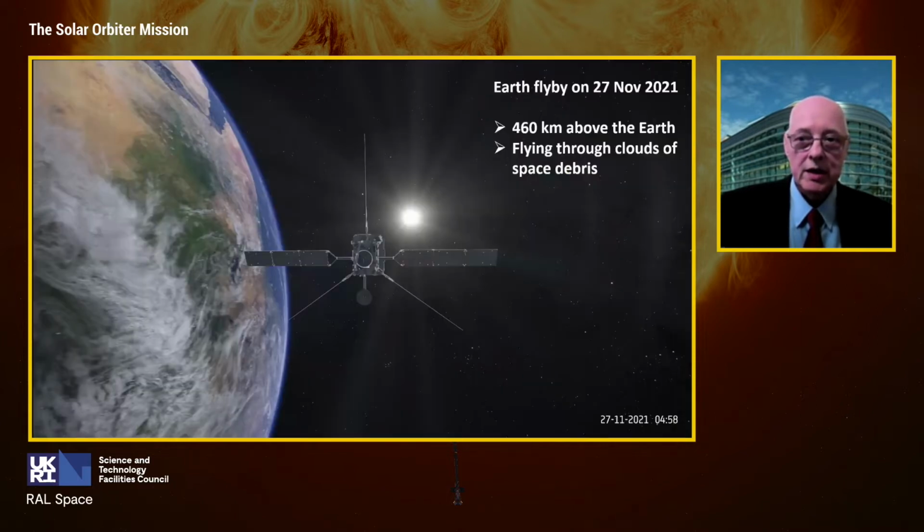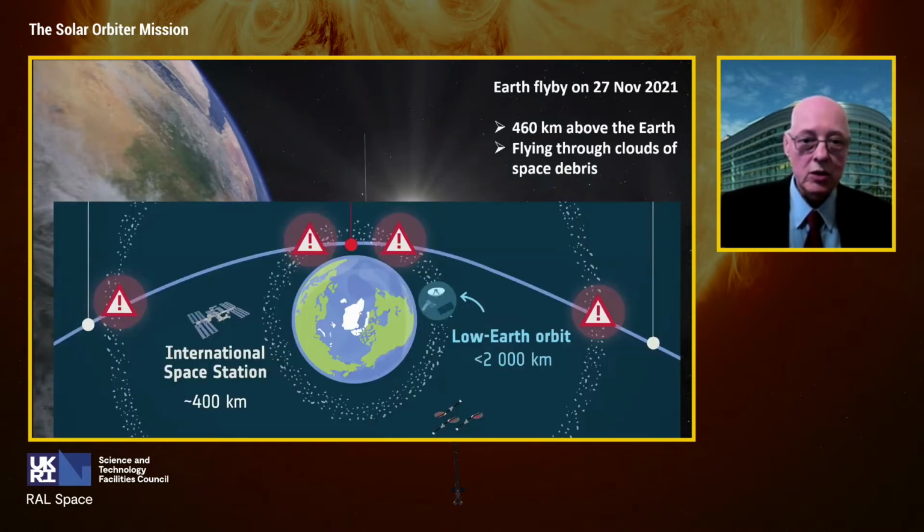The Earth flyby took place on 27th November. The spacecraft flew at 460 kilometers above the Earth. It had to cut through the geostationary orbit and fly along the low Earth orbits. They are populated with thousands of space debris, so this was considered a risk. The final calculation gave a very low probability of collision, and the spacecraft did make it safely, and it's now